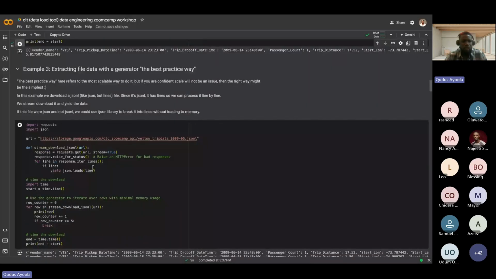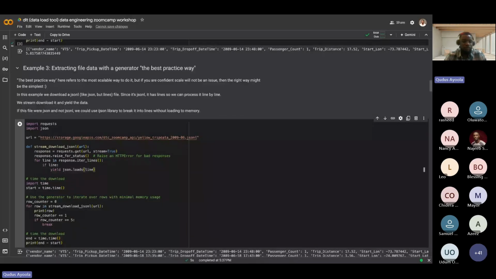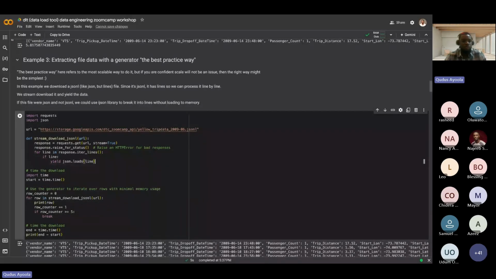So another way, the best practice and most scalable way to not load all your data, because you don't know the amount of data that you are bringing in from the source system, is to use a Python generator, the yield method, in order to bring in your data. When the data is too large, it can break your pipeline. So you don't want to be loading all your data into memory at once. You want to be reading it line by line, so that way you can transform your data on the fly and load it directly into your destination table.